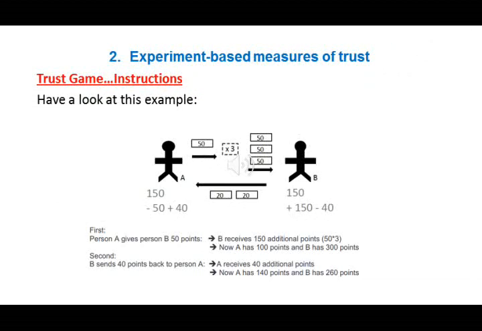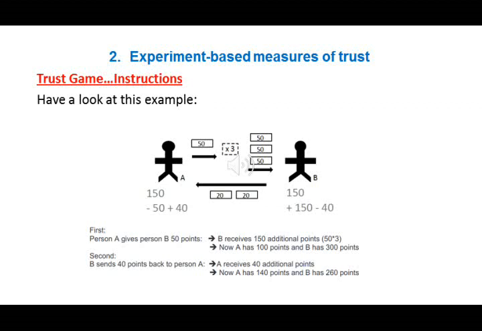In some experiments, people like to put a figure like this in order to clarify the instructions. According to this figure, there are two persons in the game, A and B. Each one is endowed with 150 points. Person A is then asked to give any amount of points to person B if he likes. He can also choose 0, of course. Any amount that he sends to person B will be tripled, as you can see on the figure. And then B will be asked if he wants to return any amount of money to A.